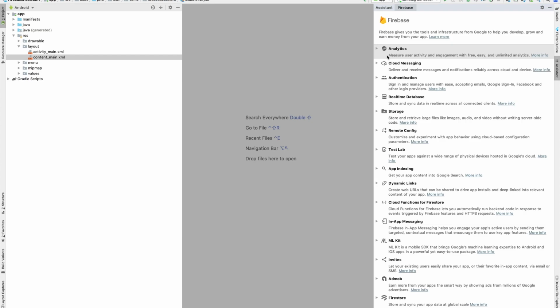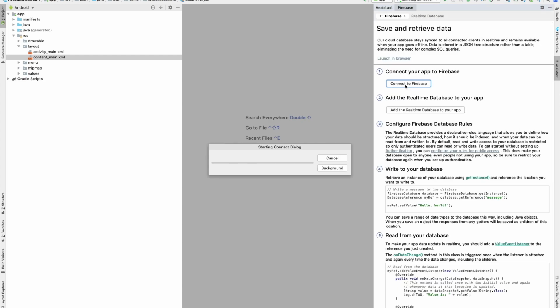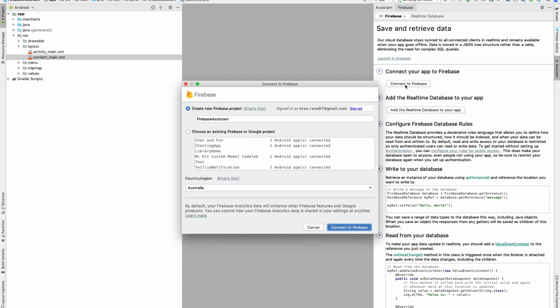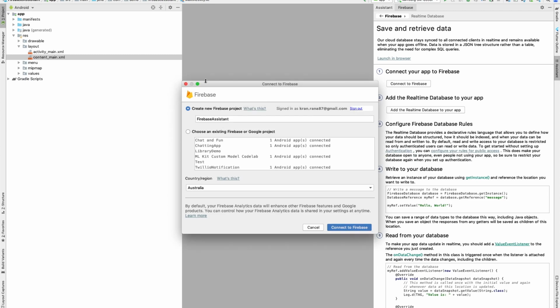For example, here we want to use the real-time database, so I click on that and I see the steps to connect the database to the app. First step says to connect to Firebase. Click on Connect to Firebase and you will see that a new window opens up which says I am already signed in. This is because I was already using this assistant for quite a long time and I had logged in previously. So in order to demonstrate, I will sign out and close the window and click on